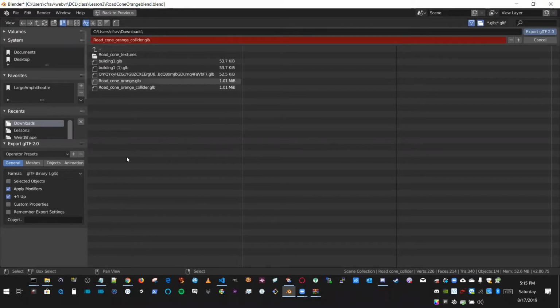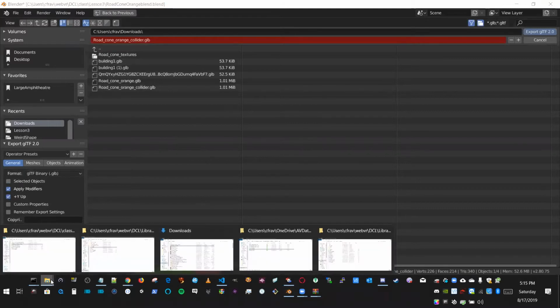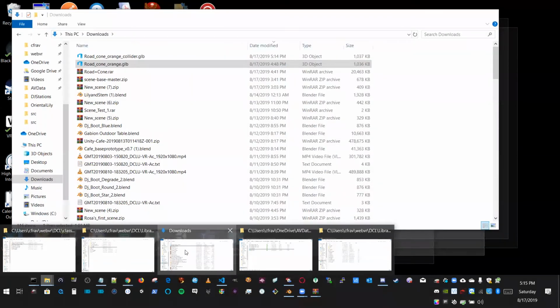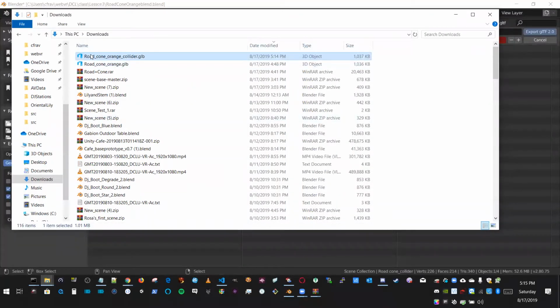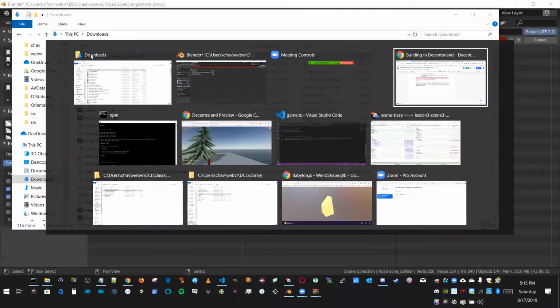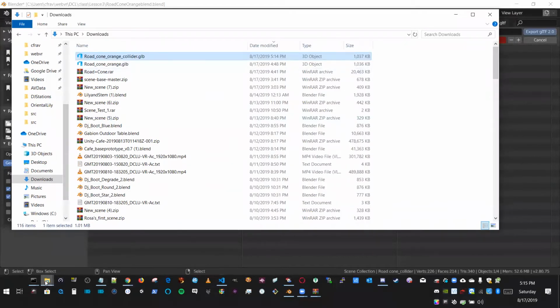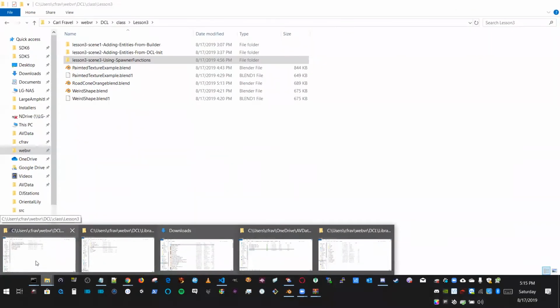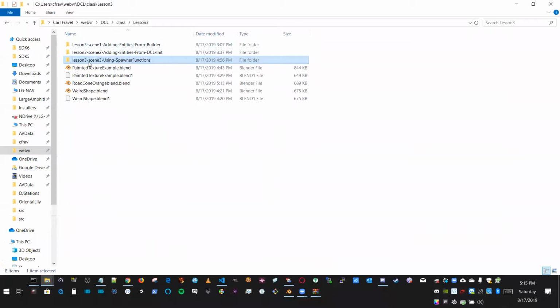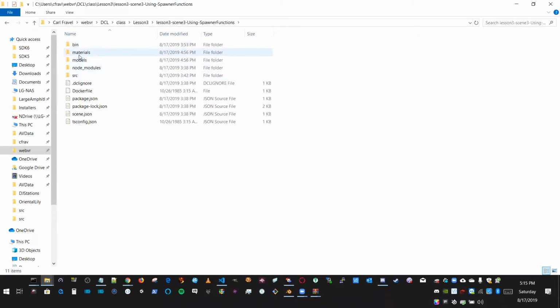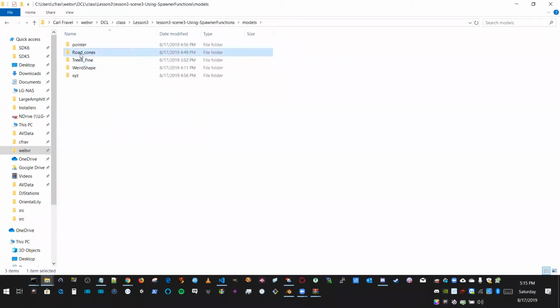But anyway, I have a copy of this in my downloads directory. There it is, right there. And I'm going to move this over into my scene directory. Where's that? Here, scene 3, models, road cones. This one has a collider. So I'm going to take that name,